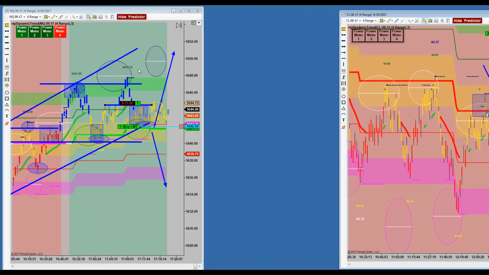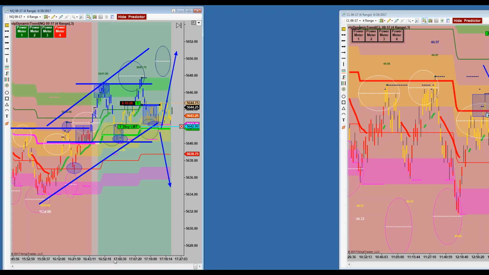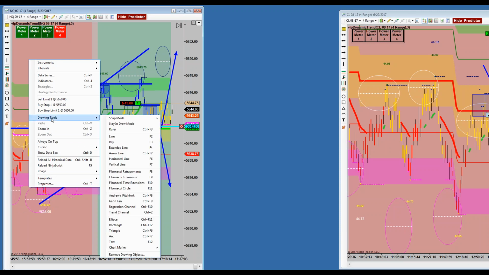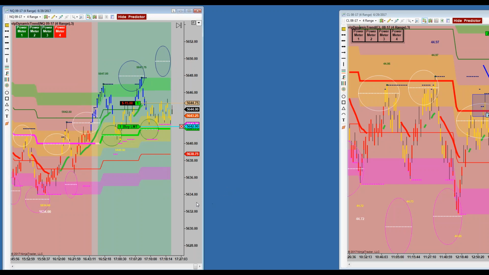Somebody typed in 6J. Let's go take a look at 6J, the Japanese yen futures. Everybody sees all these lines. Do I need all these lines on here? Can I clean that up? Anybody? Just go ahead and clean that puppy up. Get this chart nice and clean, because there's a lot of lines and arrows and stuff. It could be confusing everybody. Just take all our stuff off of there. There we go. That better? I'll leave the box on, where theoretically the box could have been.